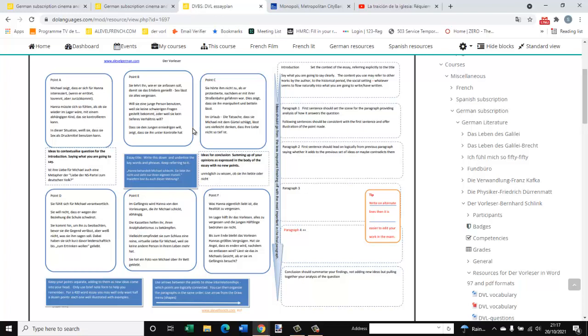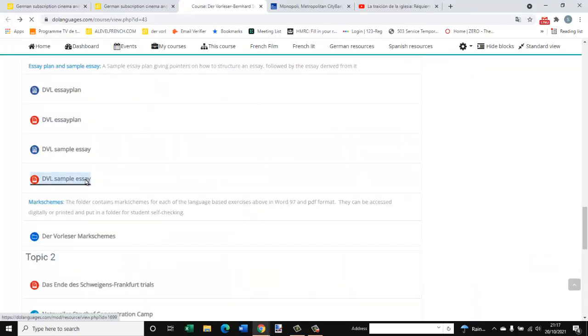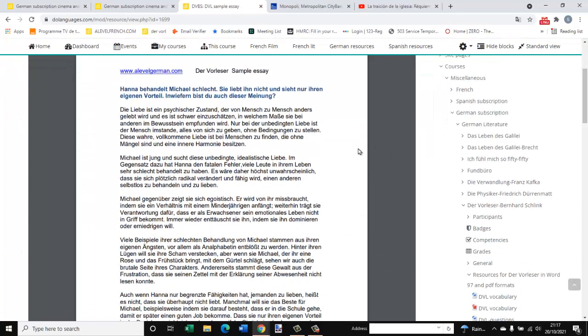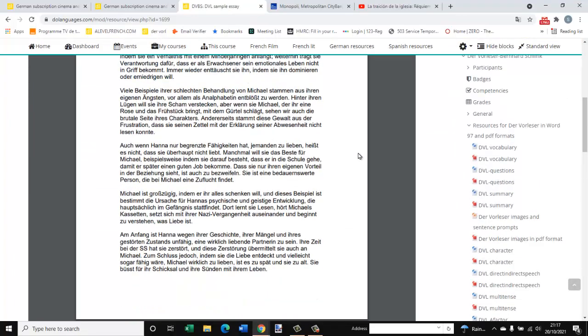Each idea makes them think of something else and something else, and sometimes the best ideas come later on in the planning process. So that's what we're pushing there, and the sample essay is of course based on the plan and is demonstrating